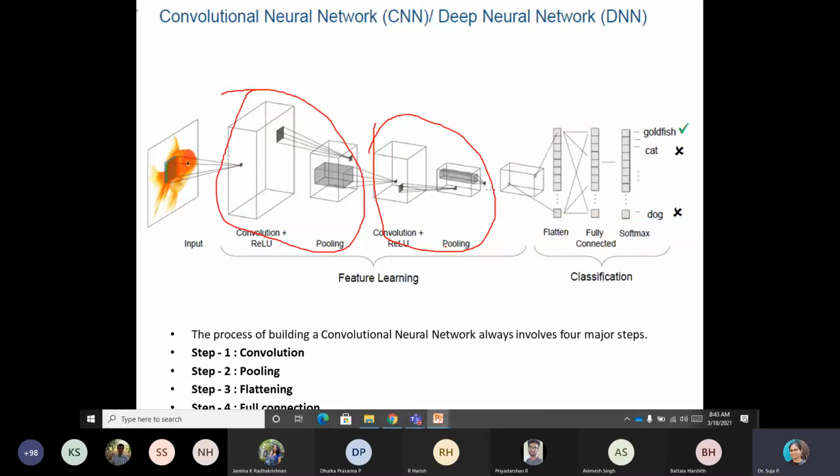Your filter is also of one plane, so that will convolve. Still it will have the color information. It will still convolve with that single layer of filter.